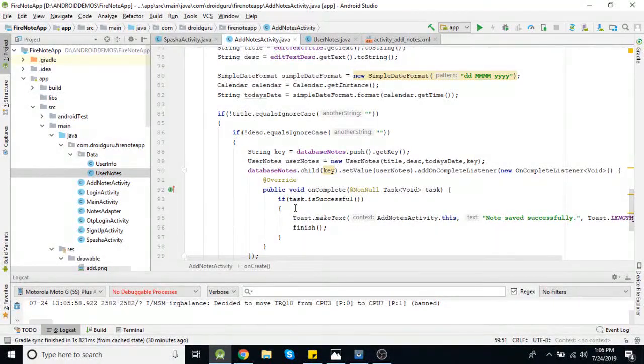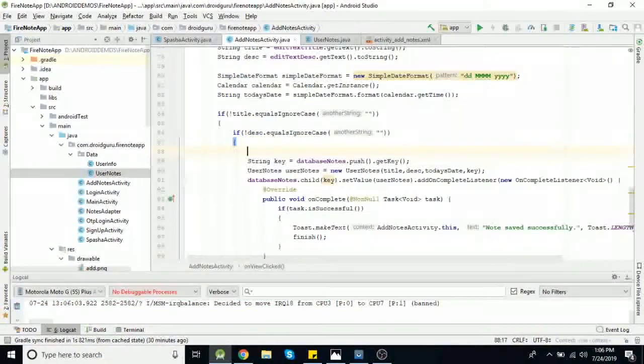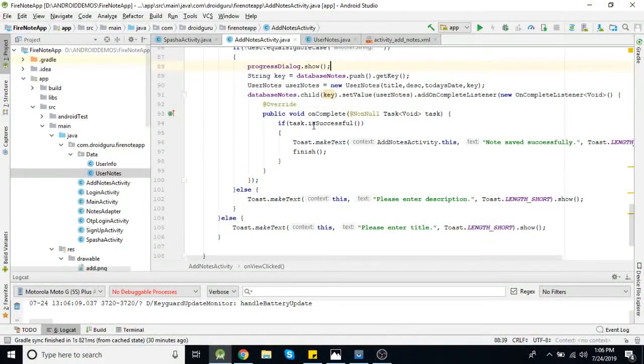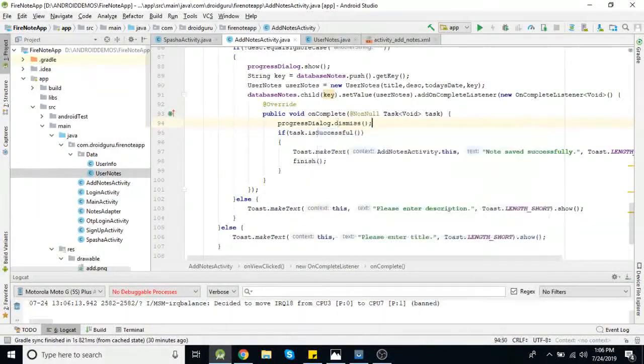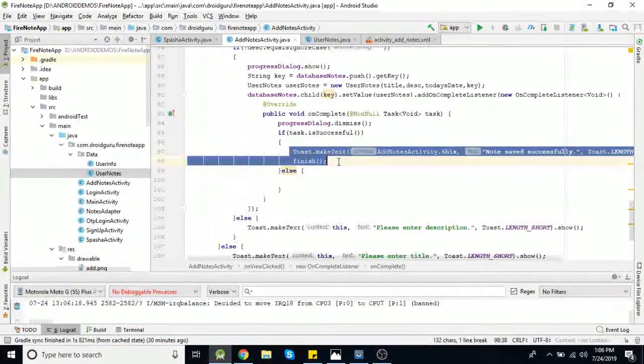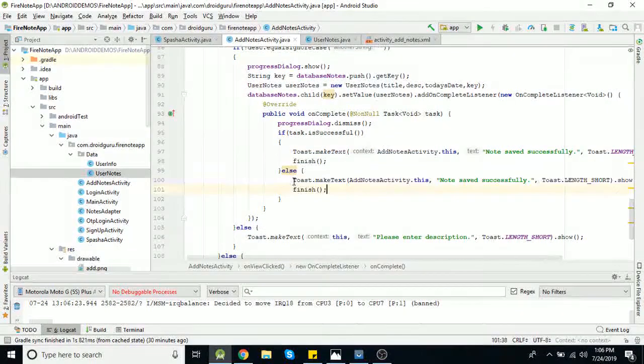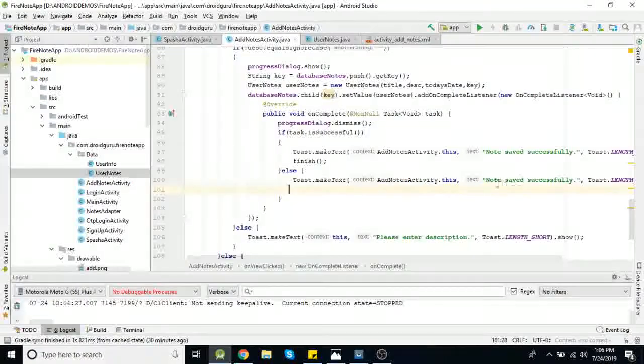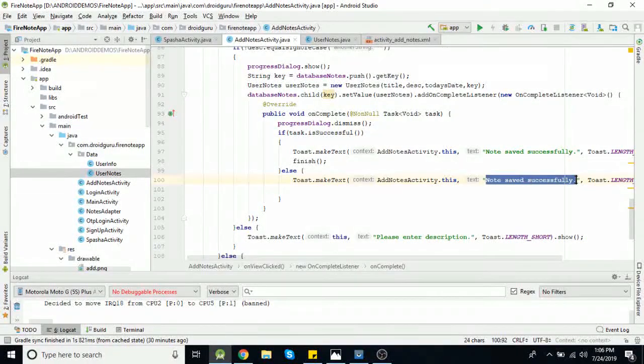So if both these validations are passed, then we can show that dialog, progress dialog dot show, and whenever this task is completed, whether it is successful or not, we need to dismiss that dialog. So progress dialog dot dismiss, and if the task is not successful, we'll display an error message. But in that case, we don't need to finish this activity. Say error saving note.